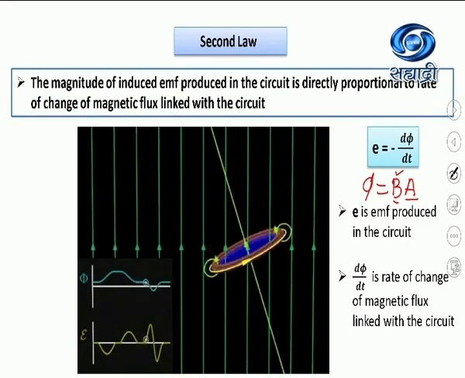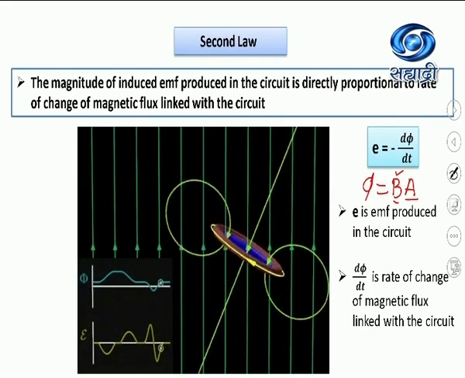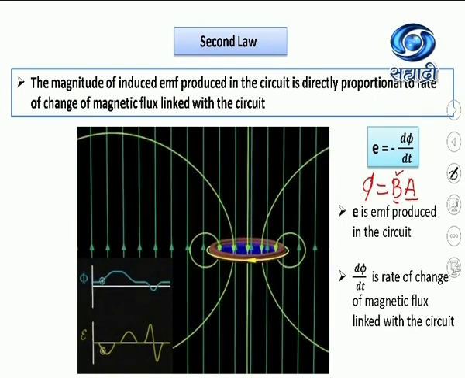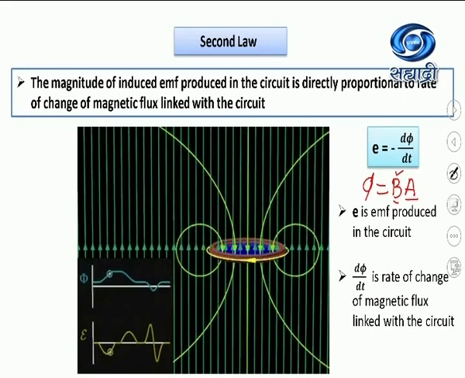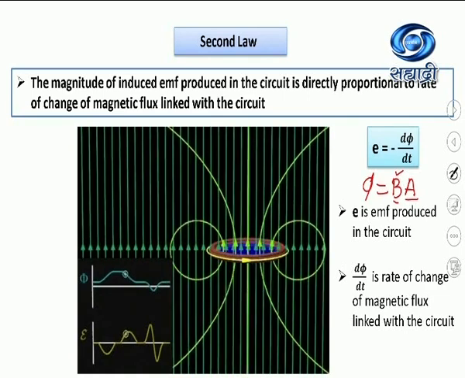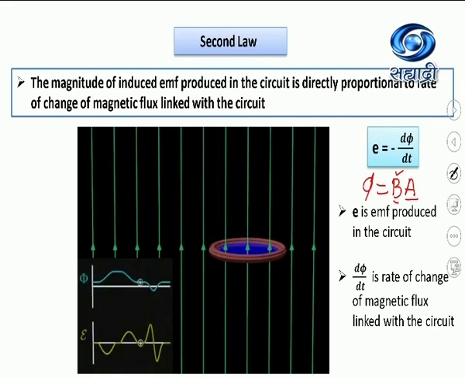that is, the magnitude of the magnetic field is increased. So whenever you are increasing the strength of the magnetic field, then on account of electromagnetic inertia, the coil will try to oppose that, and in doing so, it will generate a current in the coil by itself, and that current we call induced current.